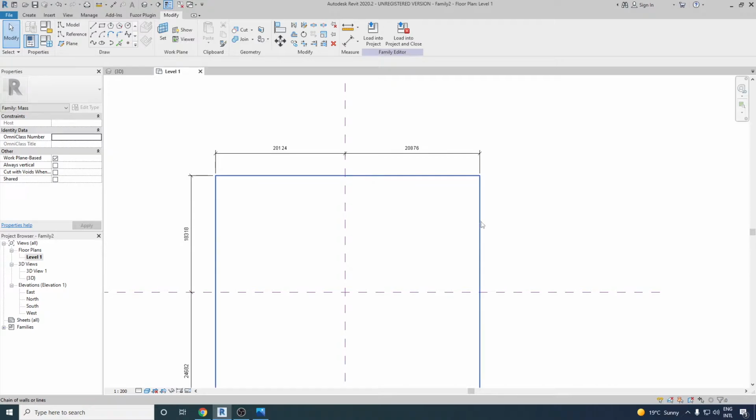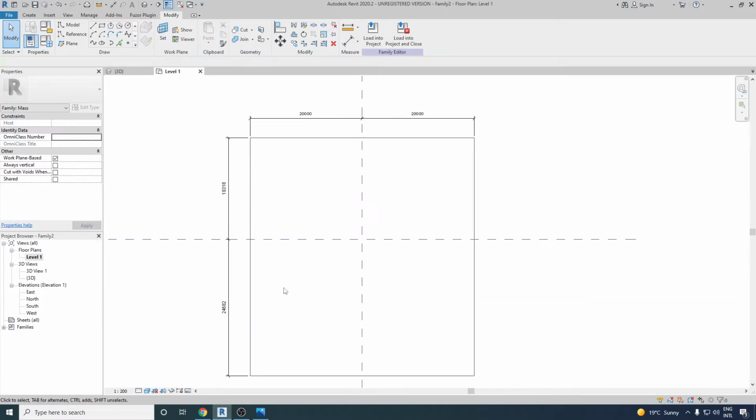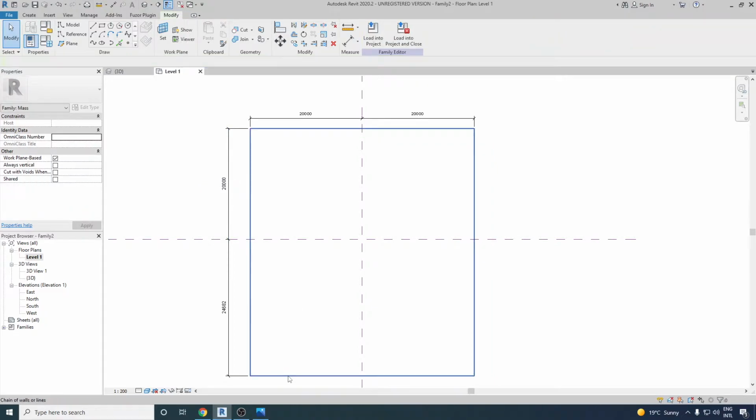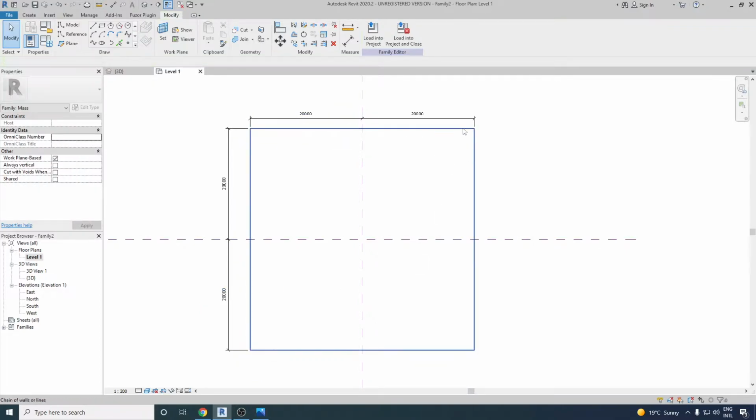Now press tab and select the right edge and change its value to 20,000 millimeter. Next, select again the left edge and change the other one to 20,000 millimeter. Let's go back here and then select the next one and repeat it. All right, so our square is 40 meter by 40 meter.